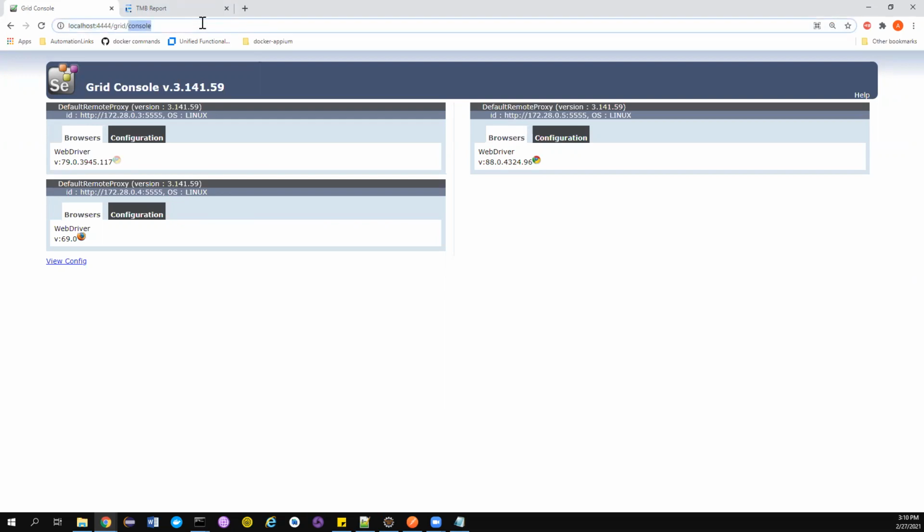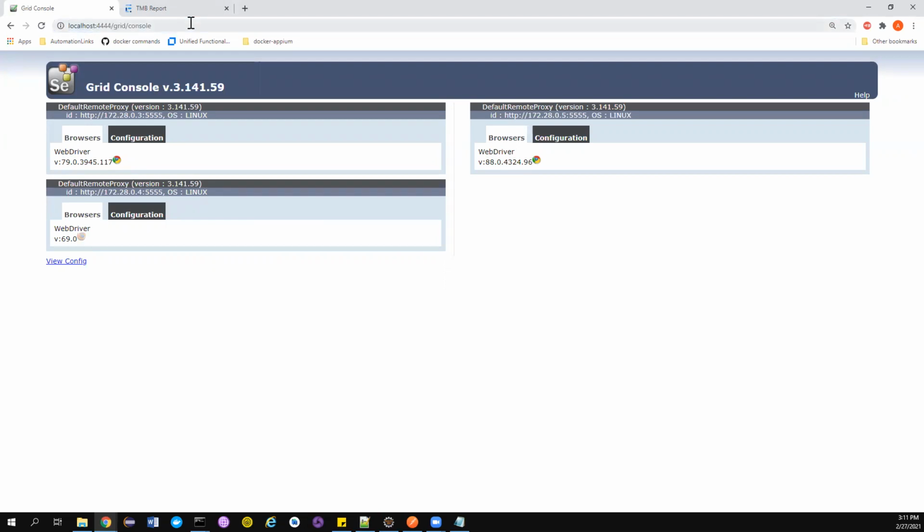The second one should be picked on 88. It's a very small test that logs into the Amazon site and adds a product to the cart, I think. So it's a very simple test and might not take much time. Suppose the first test is done and the second test is now getting executed on the 88 version. Good. Now there is one more iteration to be run on Firefox 69, and this is also getting executed. Everything is getting executed absolutely fine.